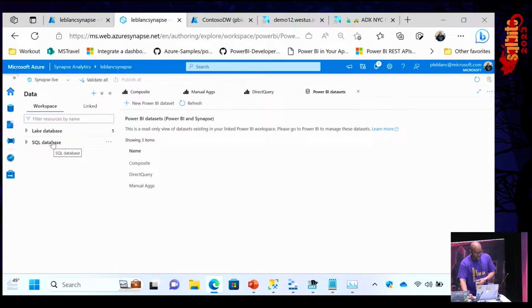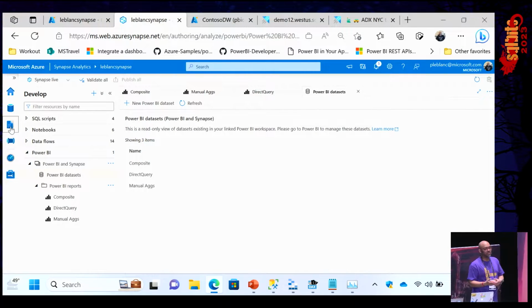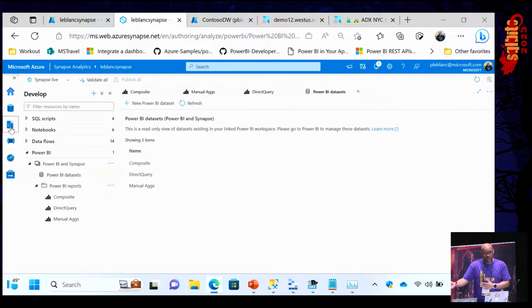All right. And then under Develop, you can write SQL scripts, you can create notebooks. How many of you have created notebooks before? I started tinkering with these notebooks, and they're really nice, and they give you the flexibility of writing SQL or Python. Another big advantage of Synapse is that you get to choose your journey. If you want to use a graphical user interface to ingest your data, you can. If you want to write T-SQL, you can. If you know Python, you can use Python. So it's up to you. If you know Spark, use Spark. If you know relational database, use relational database.